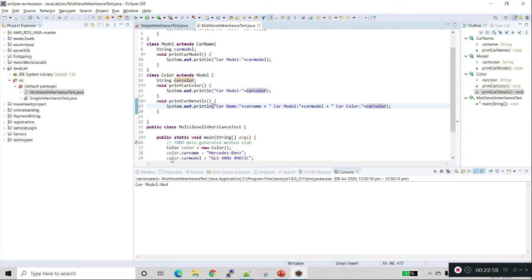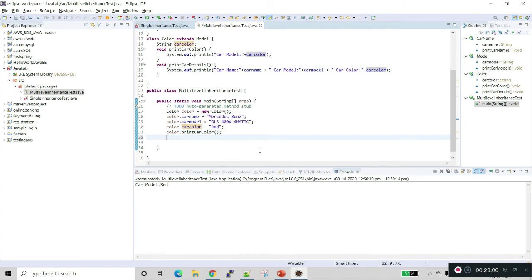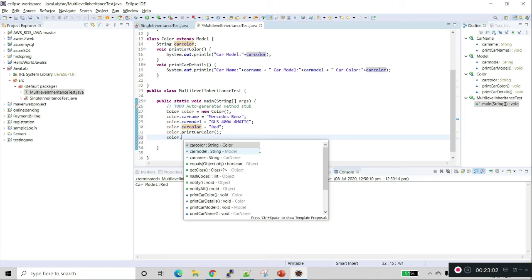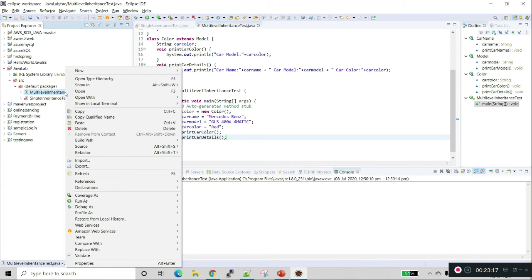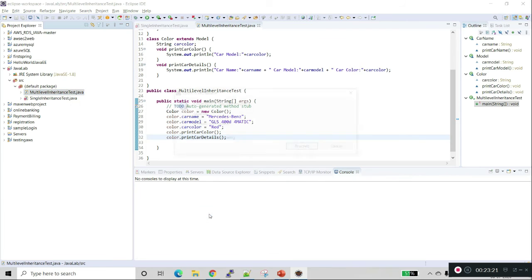So now I'm calling color dot print car details. Let's see what the output is. I'm running this project, run as Java application.